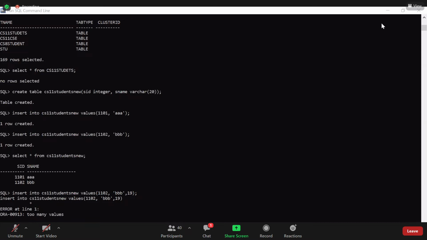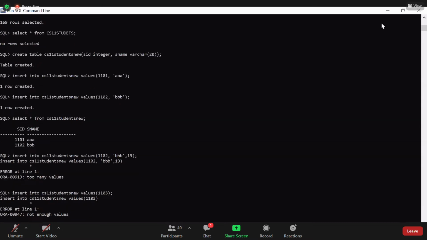Let us give only a single value, less than the values which, while creating a table, I specified the 2 attributes, but I am specifying here only one value, to insert as a new record. So we'll see what it will do. Will it accept or not? We have to check. What it will say? Not enough values. That means that we have to enter more values.